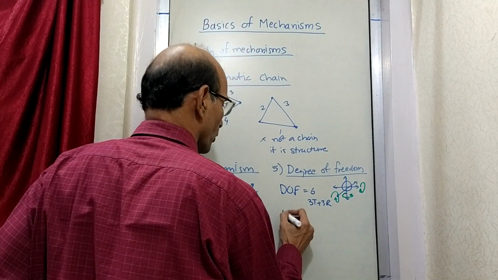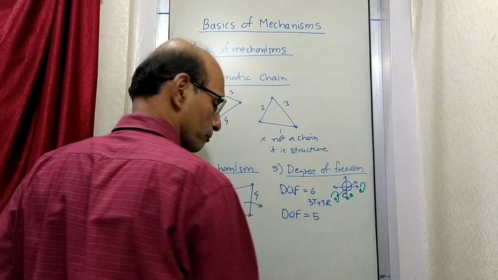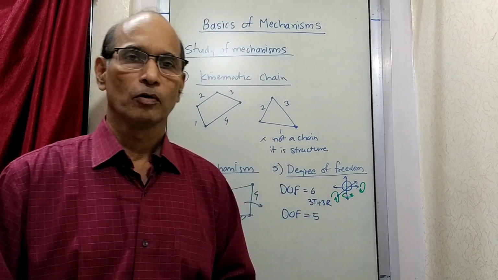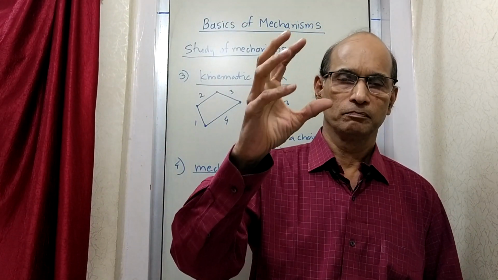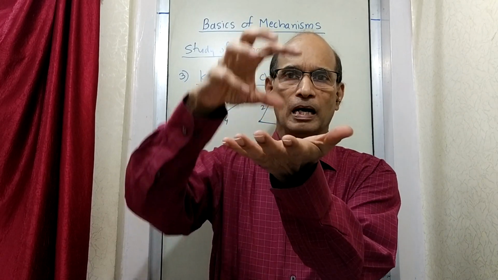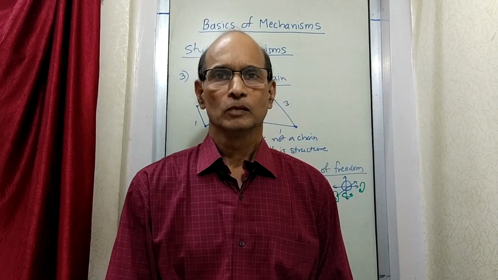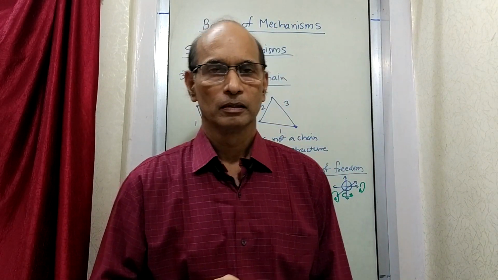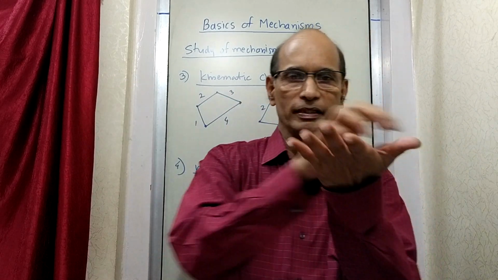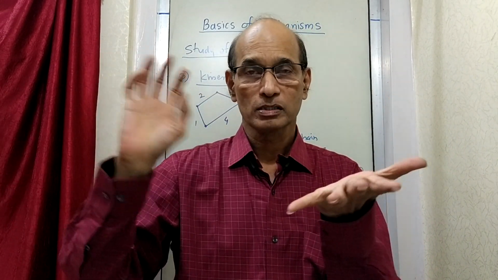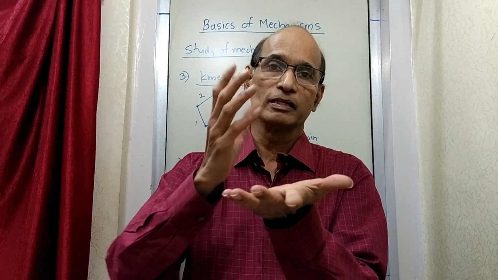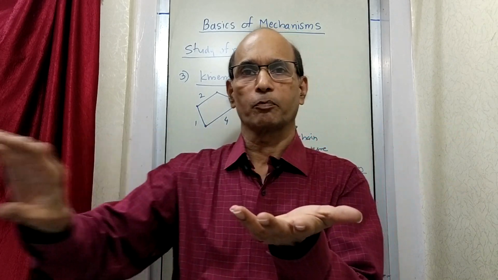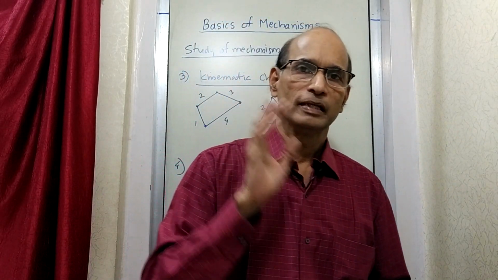Now what is an example of DOF equal to 5? Now the same ball, let us keep it on a table. Now, for a ball on a table, just try to find out how many degrees of freedom it has. Can it move along the x-axis? That means on the table it can move like this. Yes, because what we want is that it should have contact with the table. That is the first condition. So the contact with the table exists all the time while it is performing motion along the x-axis. So that motion is possible.